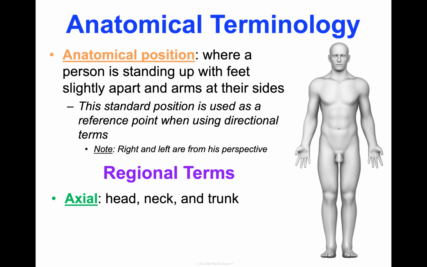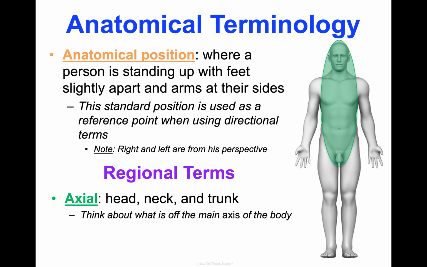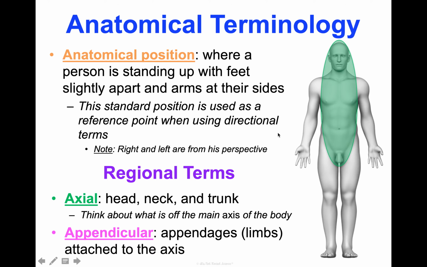So axial is looking at our head and neck and trunk area, kind of just like our core. Axial comes from axis, so what's coming off the main axis of the body. And then appendicular is referring to our appendages or our limbs, so everything that's attached to the axis. So if we wanted to very basically divide the body into two regions, these would typically be the two that